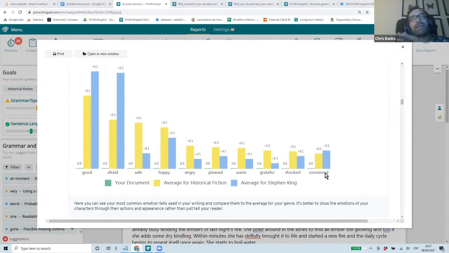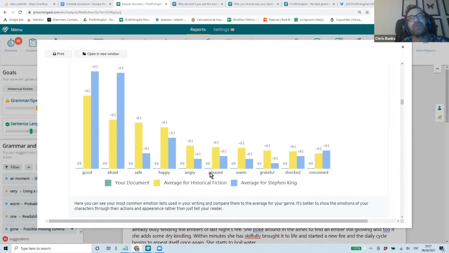Yeah, exactly. As I said in the beginning, what we do is benchmark your writing against great writing in your genre. So if, for instance, you've chosen historical fiction, we've taken a set of historical fiction books and worked out the average readability of those books. We've looked at the sentence variety, sentence length, all of our goals for those books, and then used those to set your goals. And then we also have